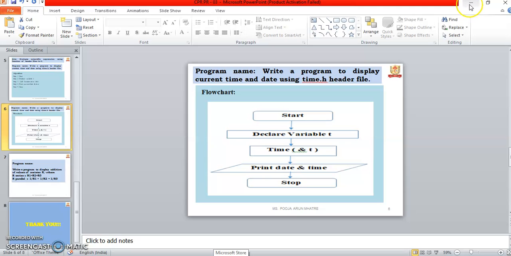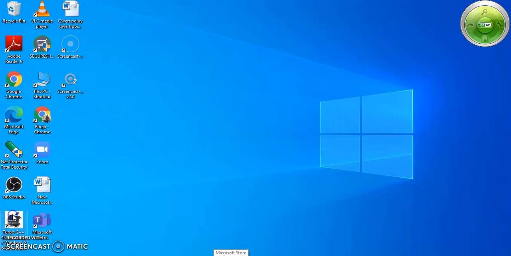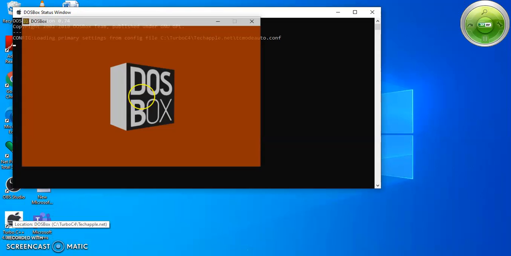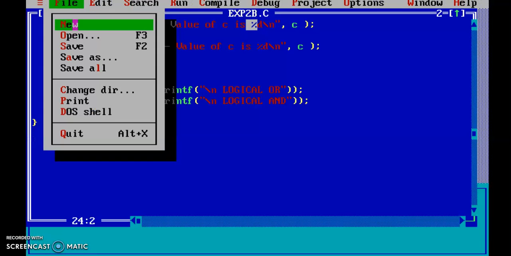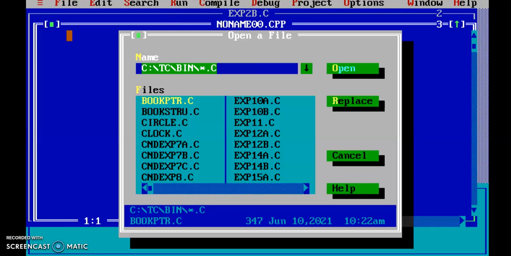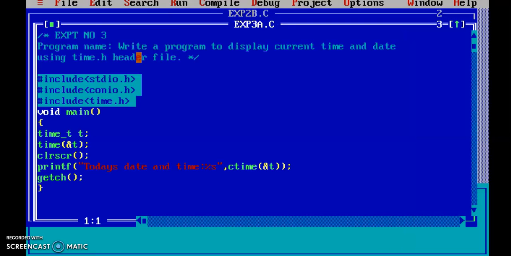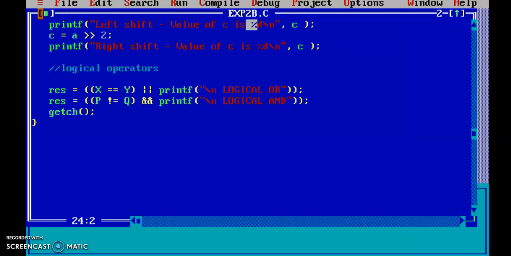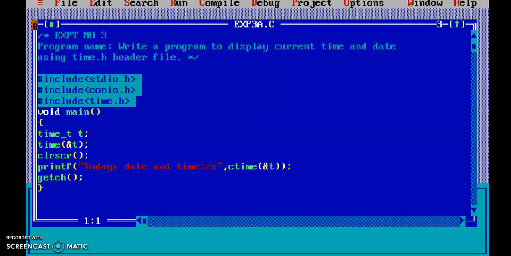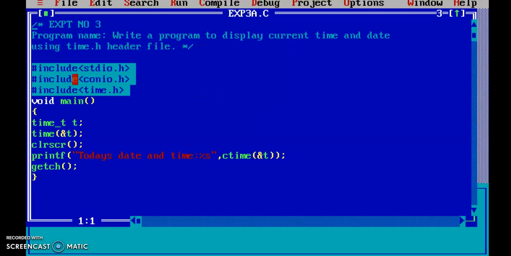So for this we will see the C program in Turbo C software. Here is the program to display the current date and time of the system. Put the two header files, that is stdio.h and conio.h. But we have to display the current date and time using